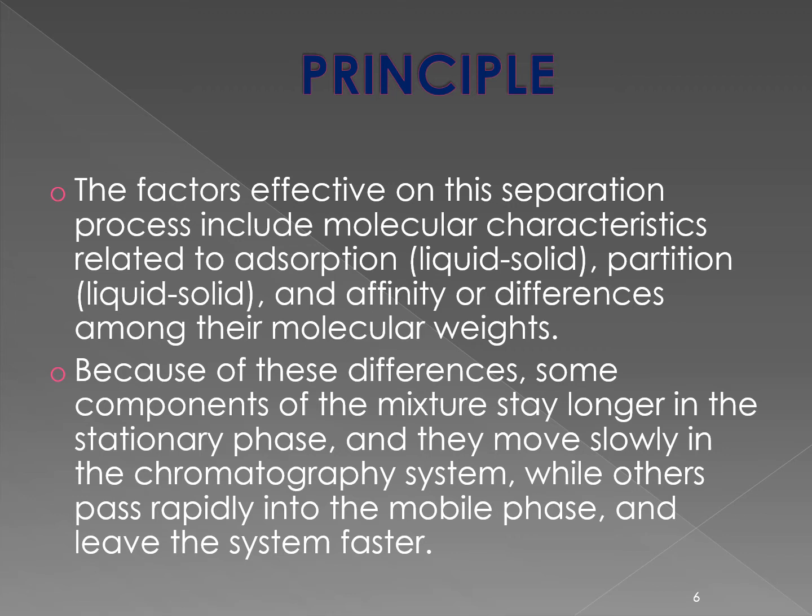This is again the reason that if particles have more affinity towards the mobile phase, they will move rapidly through the system, while if they have more affinity towards the stationary phase, they will remain on the column, and they will not move faster, or they will not move outward from the column. They will remain in the column.